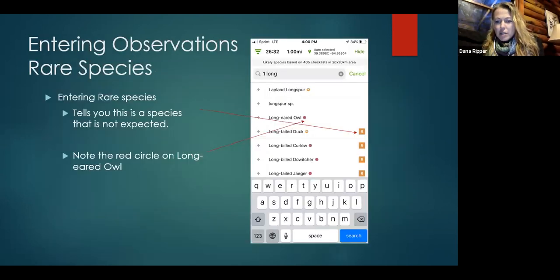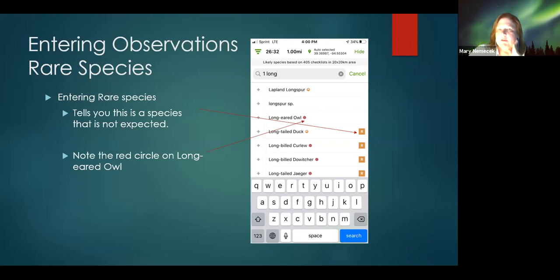Hey, Mary, I'm going to jump in with a couple questions for you here. One actually related to the hotspot colors. So Jean says on an Android app, I have blue flames and blue without flames to designate locations. Is this just a different coloring scheme for Android than iPhone? Or does blue indicate something else when it comes to hotspots? And Randy commented that his Android is the same, but it just changed in the last week or so.